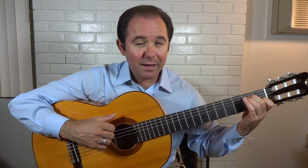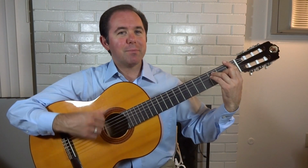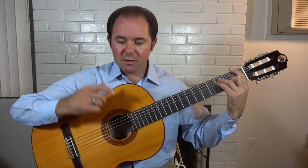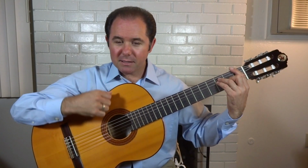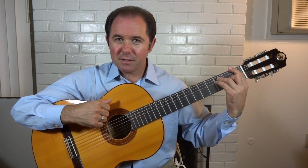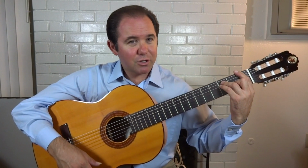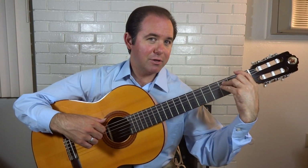Now to that dreaded F major chord. Down, up, down, up, down, up. Okay. You'll see in the music, just downward movements here. Down, down, down. Okay. This is going to be an F major chord and an open F major chord where